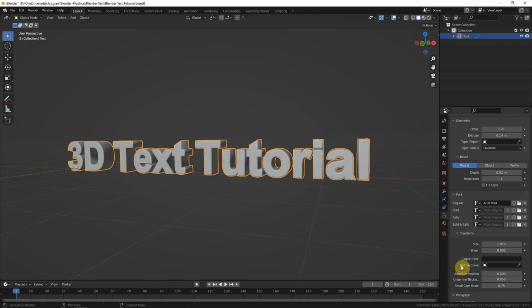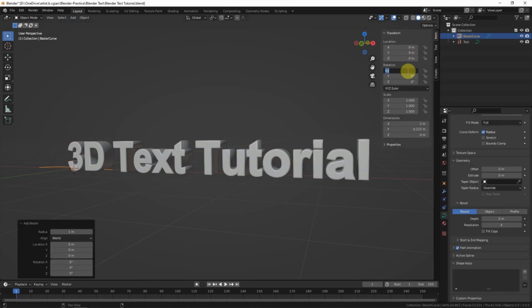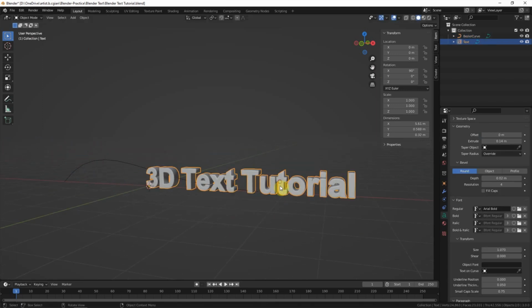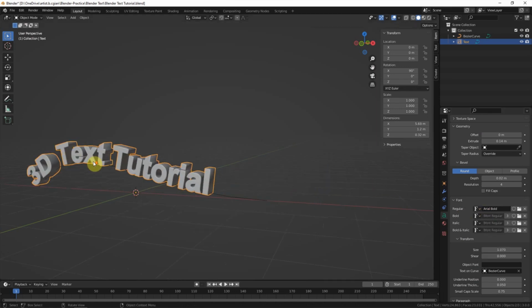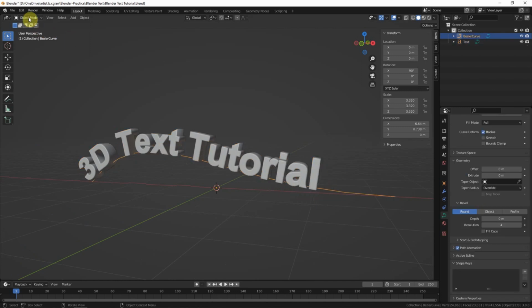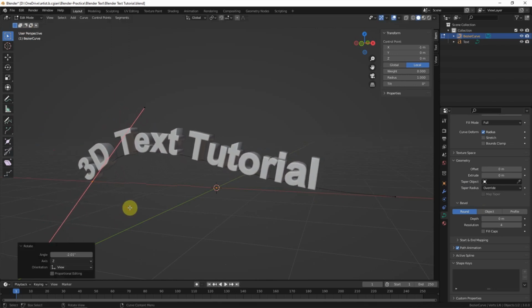And then we can add the text on curve. I add a curve, a Bezier curve. I should rotate it on the X axis and press S to scale it. And then choose the text again and go to text on curve. We select the Bezier curve. So the text follows the curve shape. If you change the curve, go to edit mode and rotate. The text follows the curve shape.